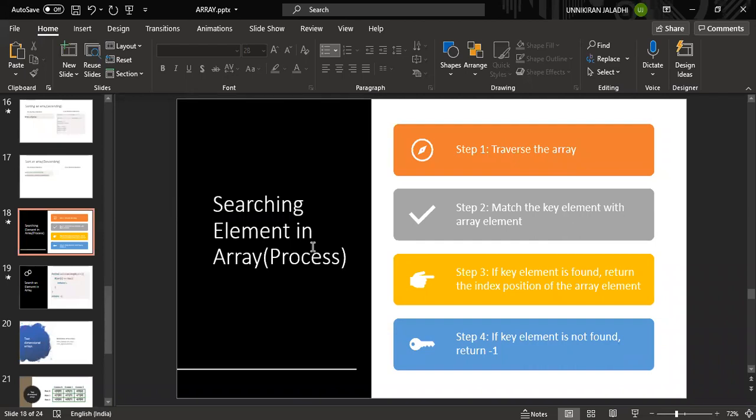Okay, let me tell you one thing. Consider there are 3,000 students in our college, sorry, 600 people, not 3,000, across first, second, third, and fourth year. I'm giving this example to show why we use searching for an element.